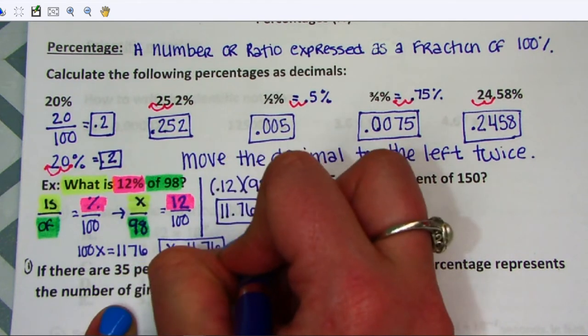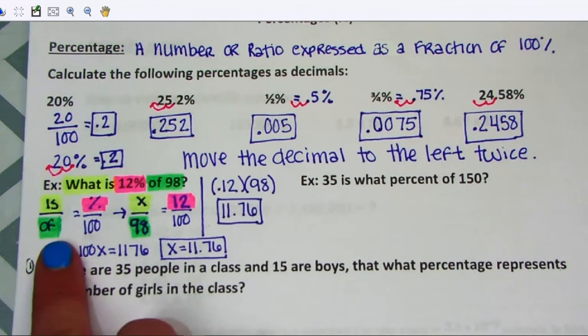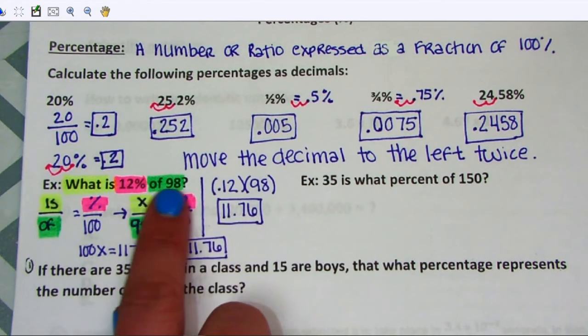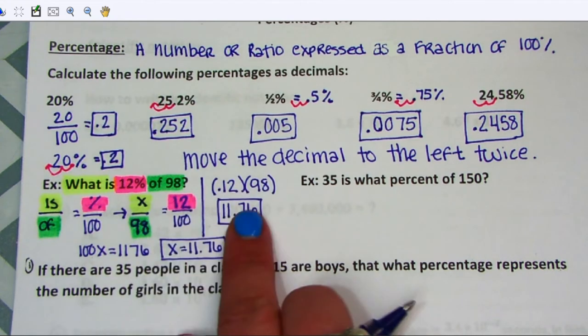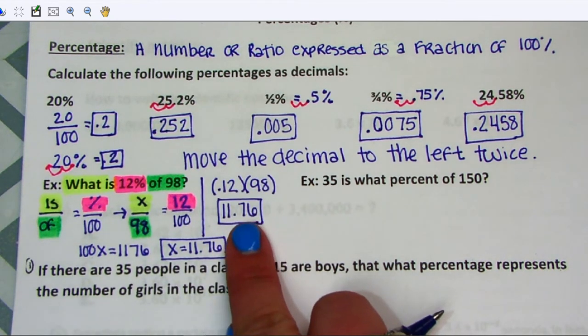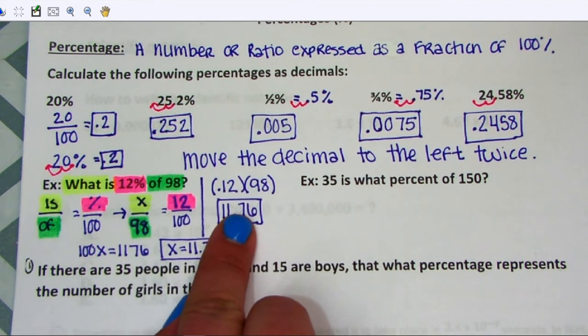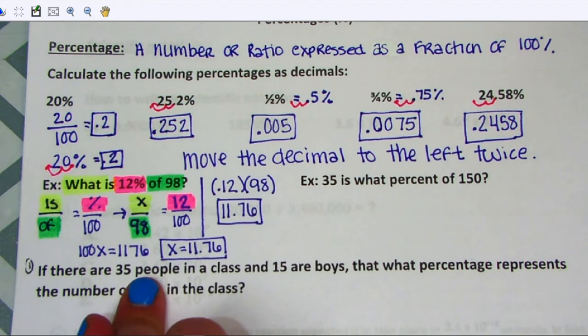So if you're trying to take a percentage of something, you can use this proportion, or you can just multiply the percent times the number. So both of these methods work. Sometimes this method is not what you're trying to find. So when you're just trying to find a percentage of a number, you can use the shortcut. Otherwise, I would use this one. Okay. So question number 2, it says